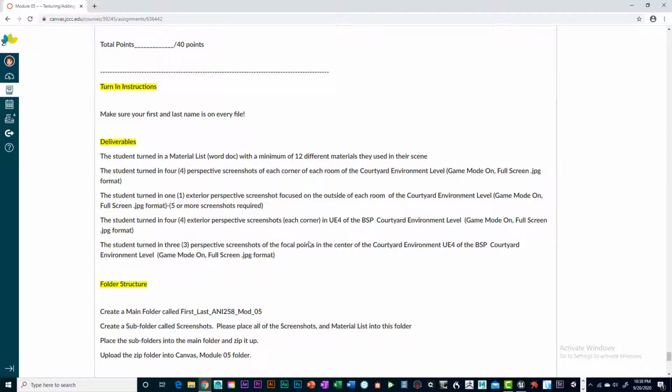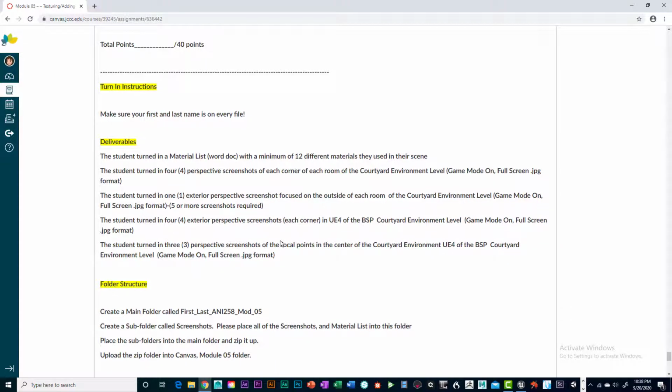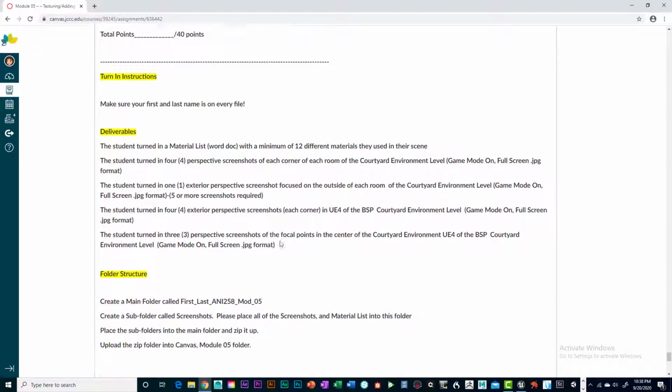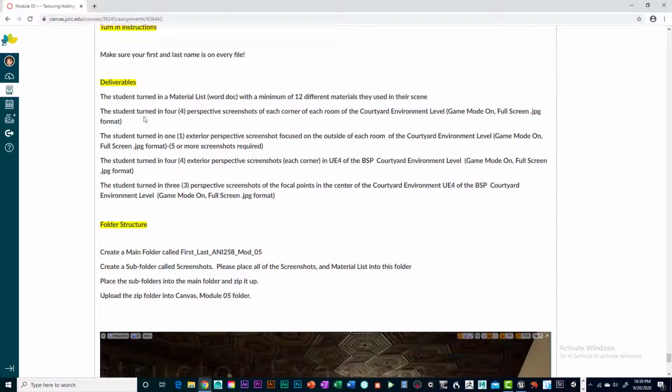Some of you will have more than 5 rooms. I had 9. So I would have a lot more screenshots than somebody that had 5 rooms. Now I'm requiring you have up to at least 5 rooms. Okay, so make sure you do the deliverables,